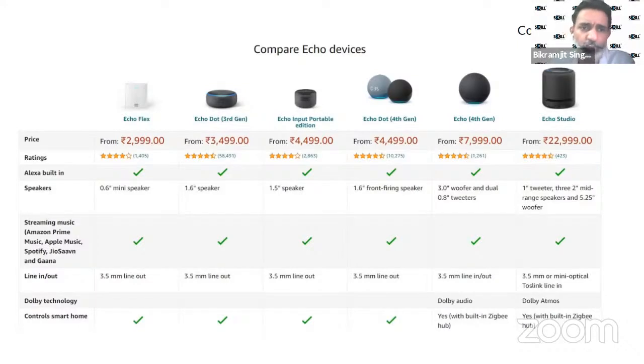Left side, all the features, and then on the top, all the products. And just notice that the product imagery has been cut as an abstract and has been given a little drop shadow to be part of the theme, so that no one product seems to be out of this category.